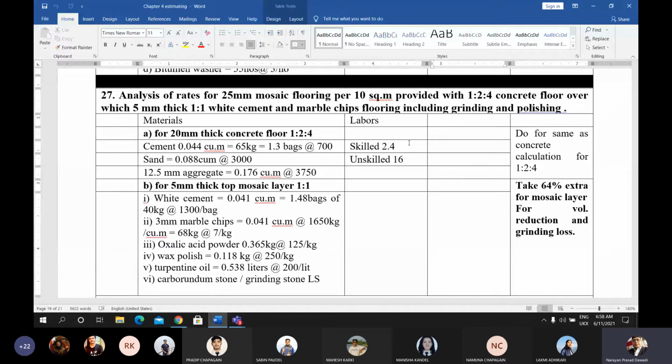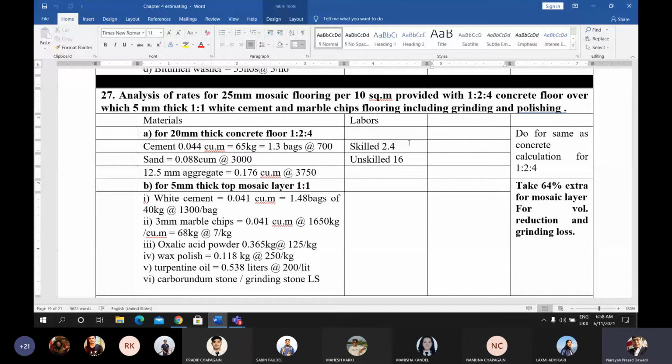This is for the 10 square meter area now, which gives the amount of cement as 0.044 cubic meter, and sand is 0.088 cubic meter, and the 12.5 mm size aggregate is used because